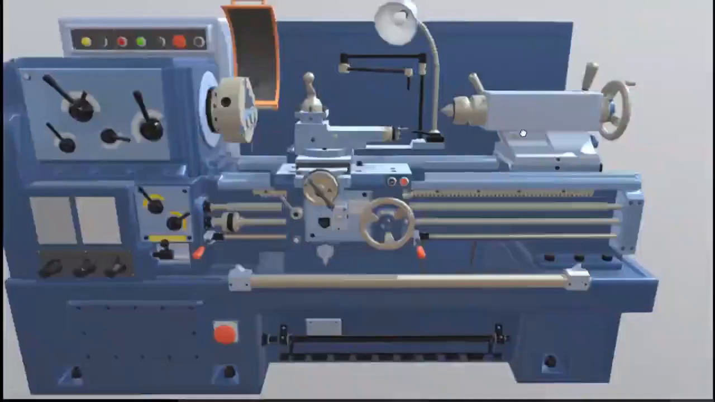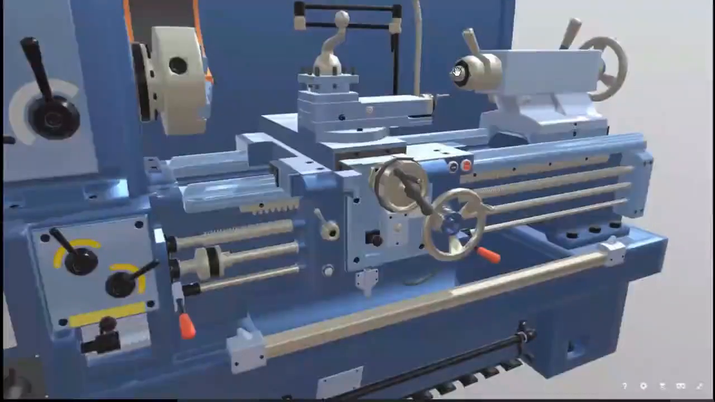So this portion is known as a dead center. This one is known as a dead center. So this dead center is used to support the job which is fitted on the